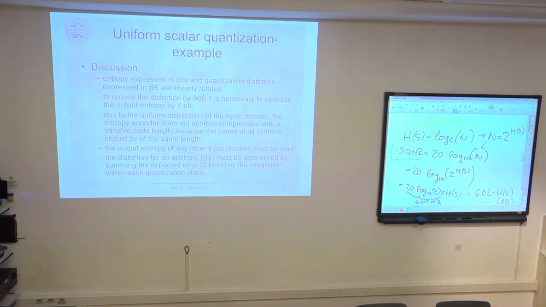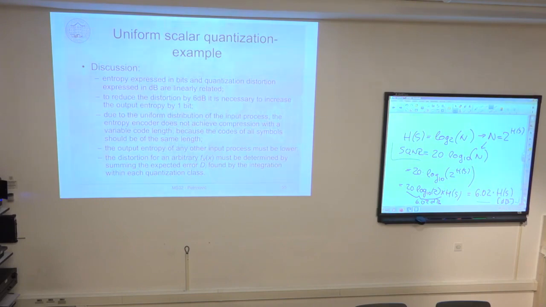But for some other example, if the PDF is non-uniform, if some symbols are occurring much more often than the others, then of course these often occurring symbols will have shorter codes, and these seldom occurring symbols will have longer codes. And then I will achieve compression. The output entropy of any input process must be lower than this uniform case. So this is the worst case, I would say. The uniform distribution of the source is the worst case because I don't have any gain due to